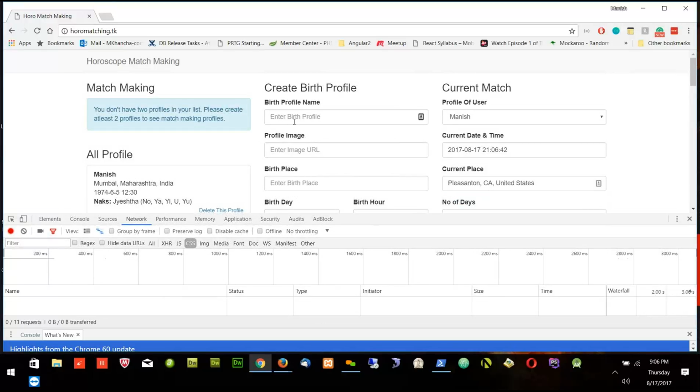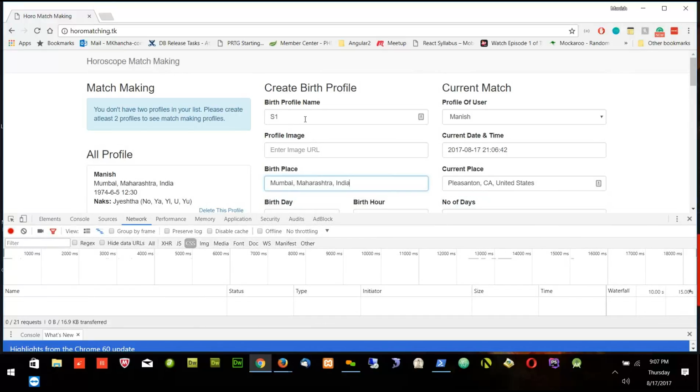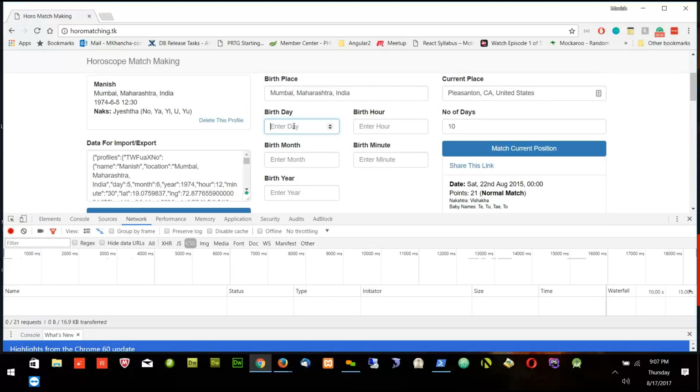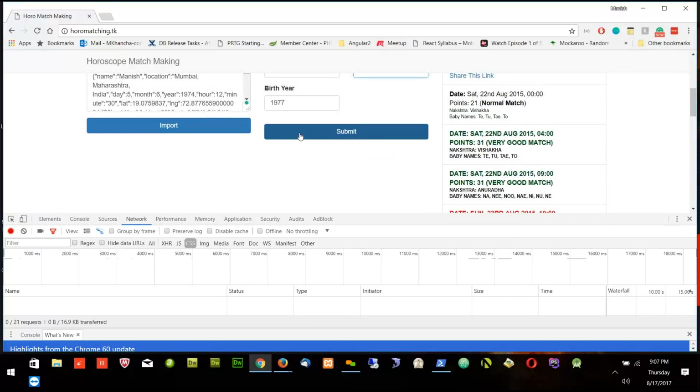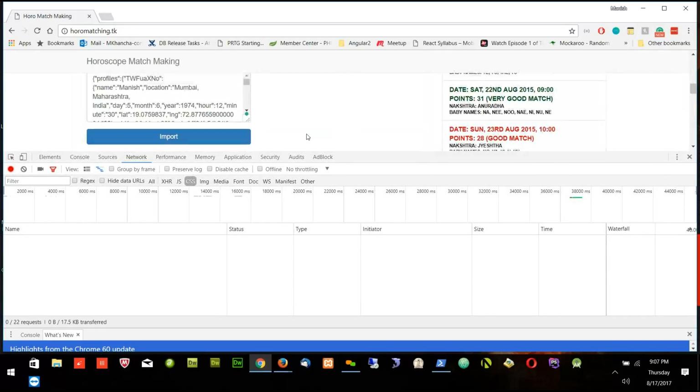For example, if I put some details here, for example, S1, I'm just putting anything. Let's say I will put some birthplace, birth date, and some other details, and let's say 8 in the morning, 0 is the birth month. If I click submit, you will see what happens in the network panel, that is going through an AJAX request. So once I click submit,